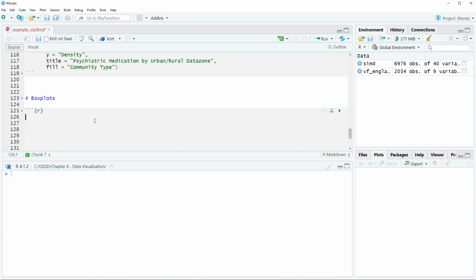In this video, what we're going to do is take a quick look at boxplots. Boxplots are a type of data visualization that a lot of researchers like to use, because it provides not only visualization, but also some summary descriptive statistics within the plot. It gives us the minimum and maximum, the median, the first quartile, the 25th percentile, as well as the 75th percentile,